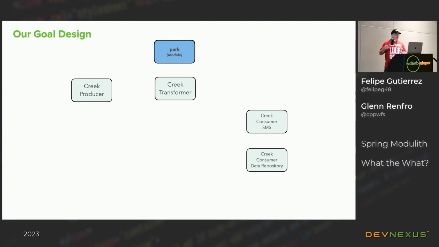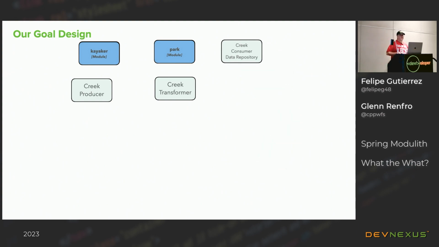Then we have where we receive an SMS message. That's for the kayaker. I want to know what creeks I can go kayaking on. The service we're offering is that I get an SMS message telling me the conditions of the creeks or rivers that I go kayaking on. So I want that to be a kayaker module. Similarly, I also have the Creek Research, which is a consumer for a database. That was meant for research, so we're going to create a research module.